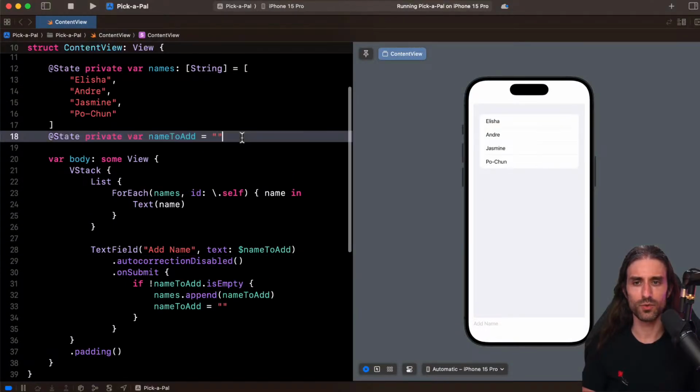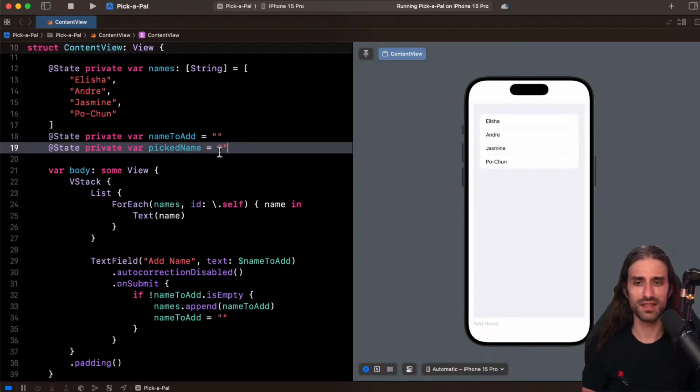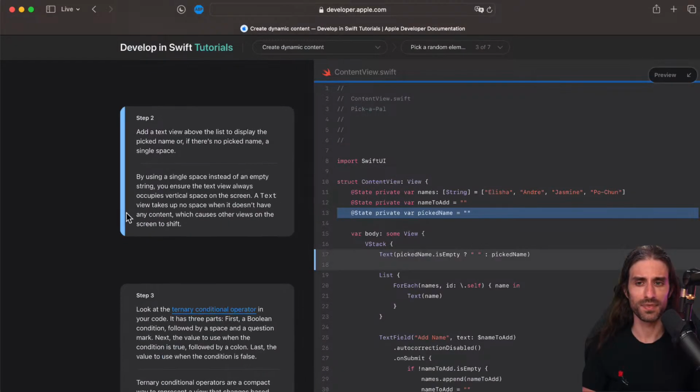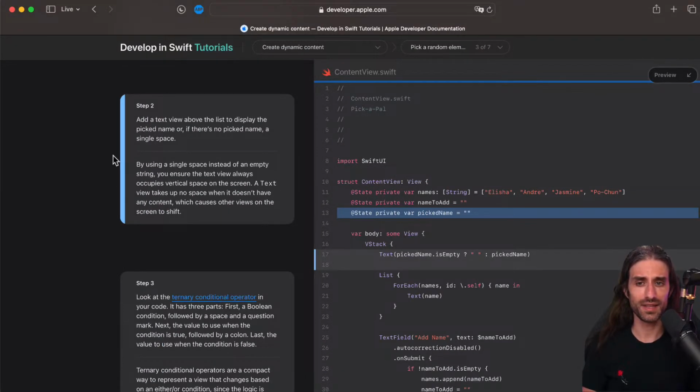And you can see that we are also initializing it to the empty string. Step 2, add a text view above the list to display the picked name, or if there's no picked name, a single space. So this is where we're using this ternary. Ternary is this syntax which says if this condition is true, then use this value, otherwise use this other value.